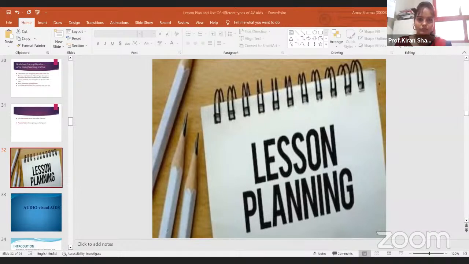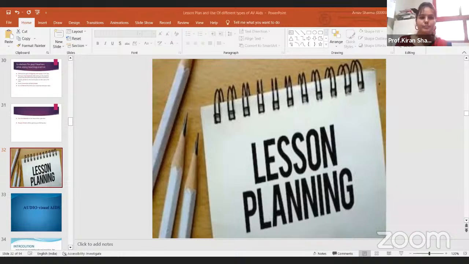So first of all, the front page: the lesson plan on the topic which we are going to take. Then you have to write by whom it is prepared, so name, designation, subjects. Then next comes your general information. In the general information, you can see here the subject, unit, topic, class, group, batch, method of teaching,